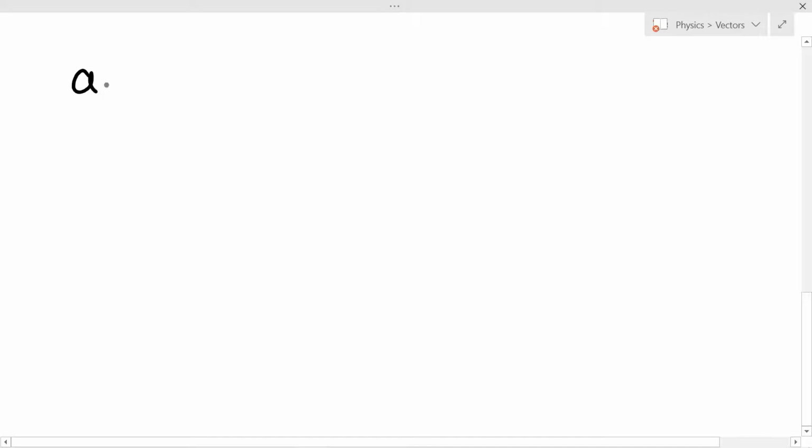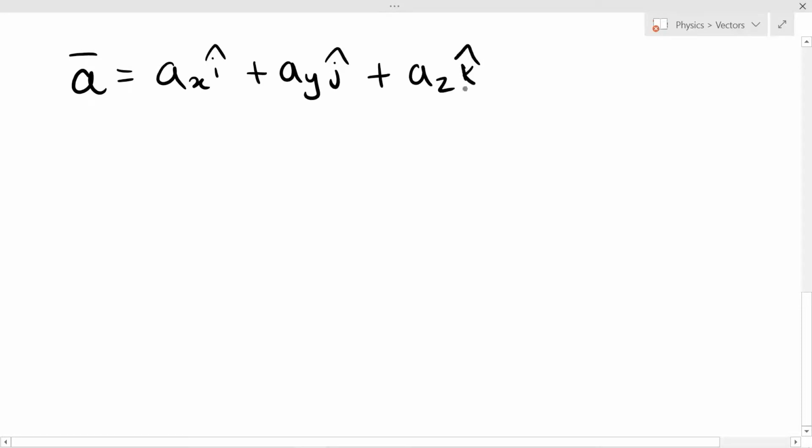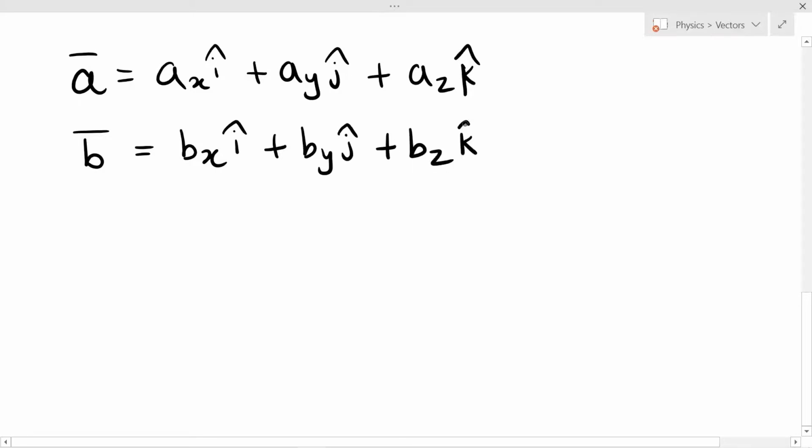So this is the vector ax I cap plus ay j cap plus az k cap, and there is another vector b bar, bx I cap plus by j cap plus bz k cap. So a bar dot b bar is equal to